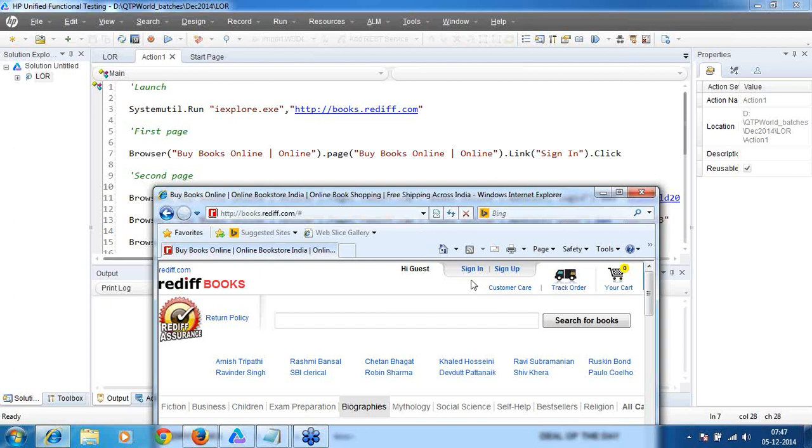Okay, let me reiterate, guys. In descriptive programming, we won't have an object repository. We will be directly interacting with the application. How exactly? We'll be giving the property name and the property value by spy. Okay, let me start with an